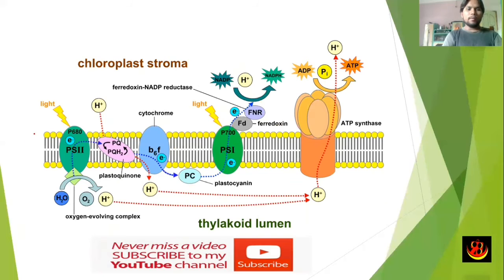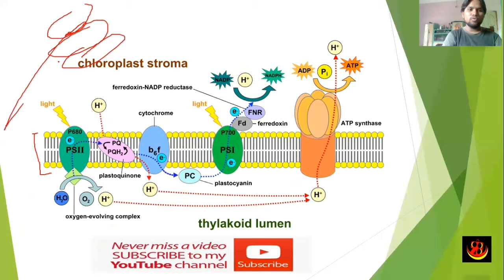This is the membrane of the thylakoid. The thylakoid looks like this. If you zoom into this part, it will look like this. This is the thylakoid membrane, where all the integral membrane proteins are located. This is the lumen part, and this is the stroma part, the chloroplast stroma. Remember, initially the H positive will be higher here.